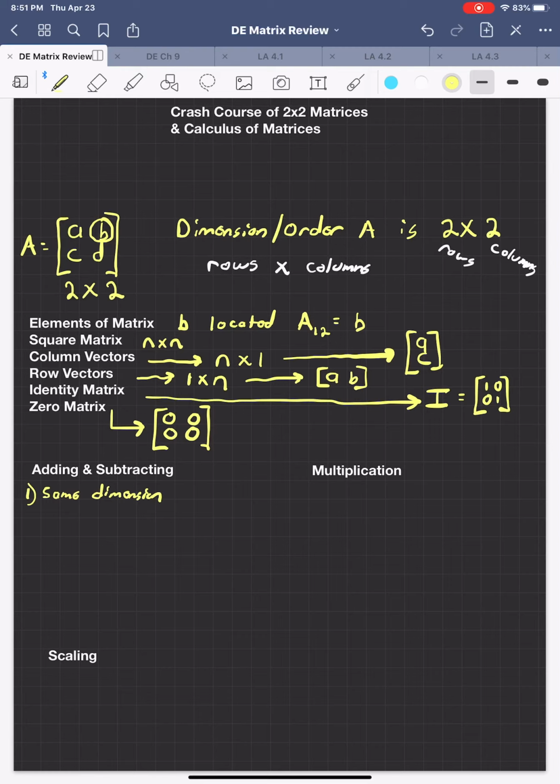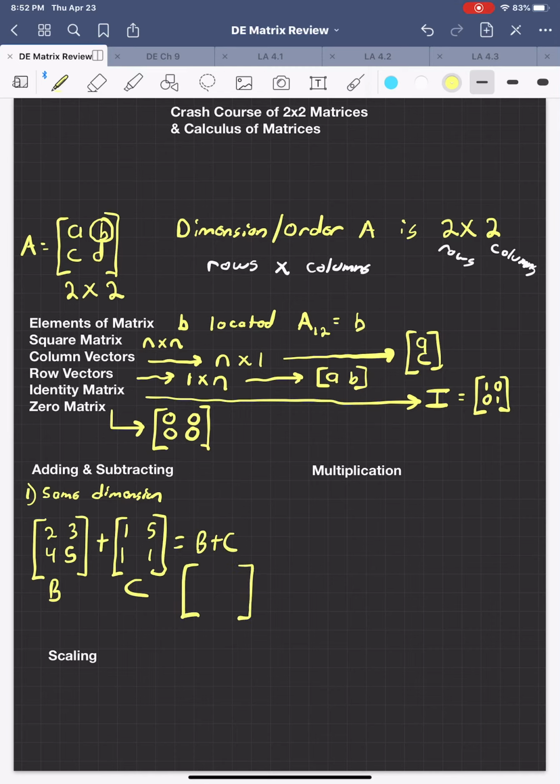So you can add a 2 by 2 to another 2 by 2 matrix, and it's fairly simple. I'll just go ahead and make up something. So for example, 2, 3, 4, 5, if you were to add that to matrix 1, 5, 1, 1, let's call this matrix B. Let's call this matrix C. So if you were to ask to find B plus C,